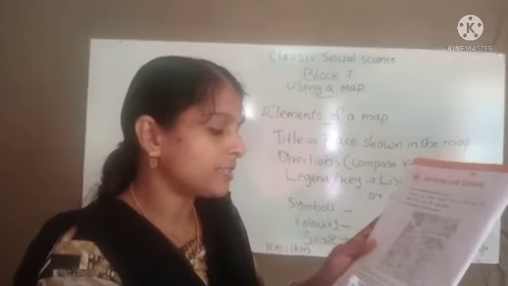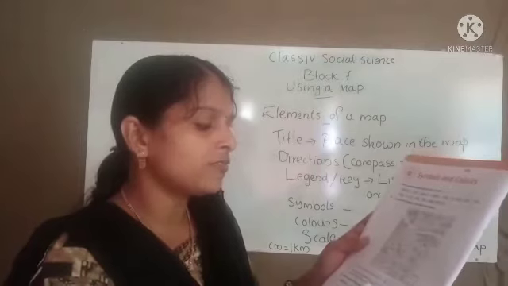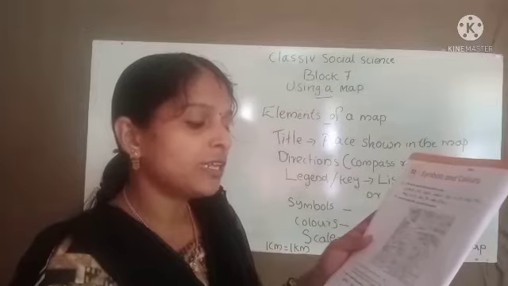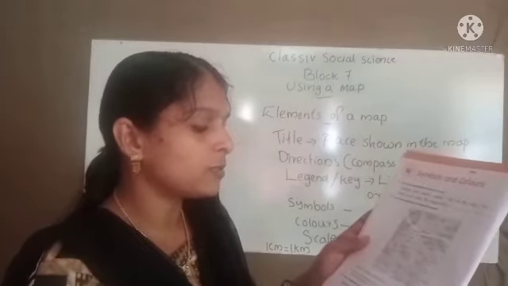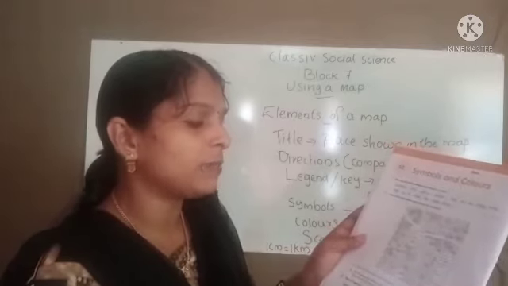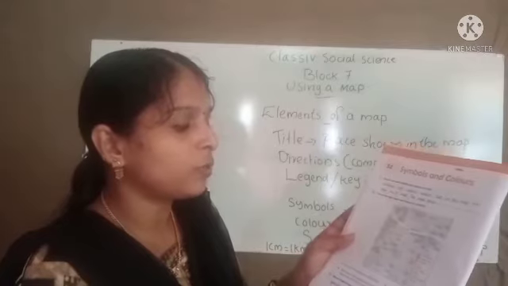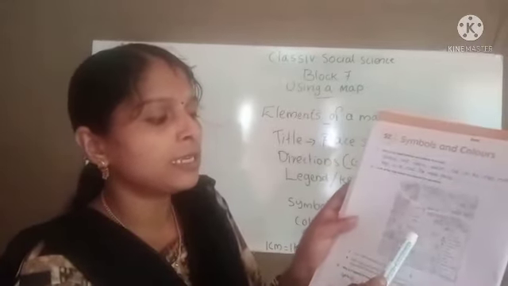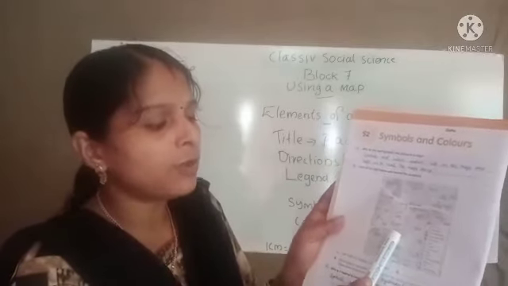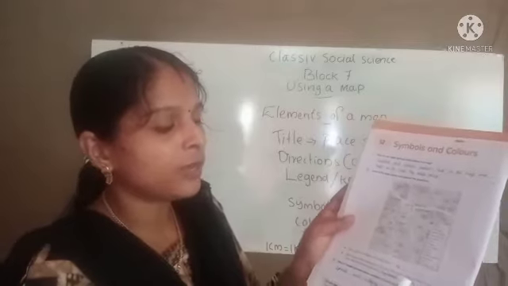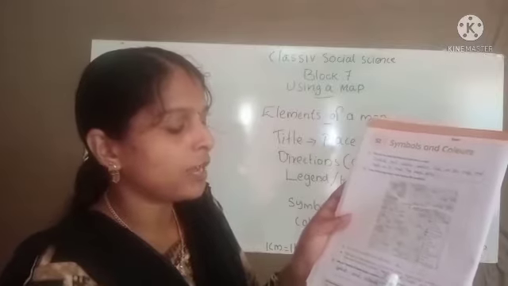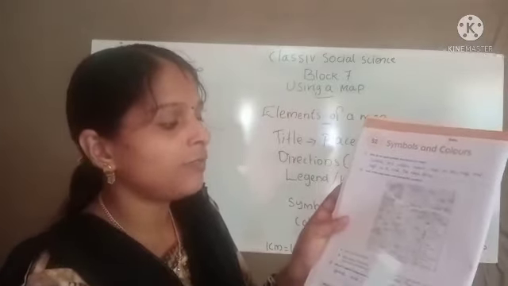Okay. Then second question is, which place is the farthest from the income tax tower? Magna Infotech, Shanti Nagar Tea Point, or Hyderabad Horse Riding Society. Among these three, which is the farthest from income tax tower? So first we have to find out where is income tax tower. This is income tax tower. So next what we have to find out, children? Next we have to find out where is Magna Infotech, Shanti Nagar Tea Point or Hyderabad Horse Riding Society. These three we have to find out.